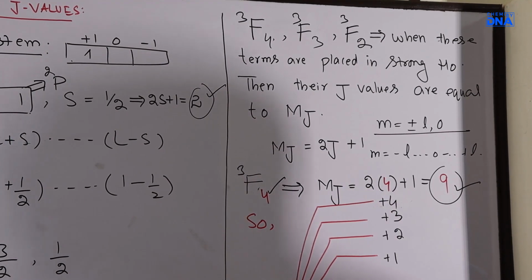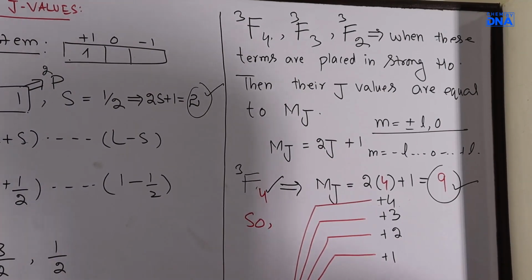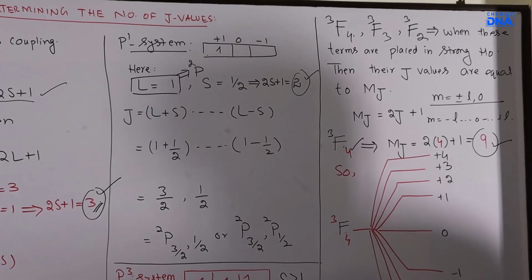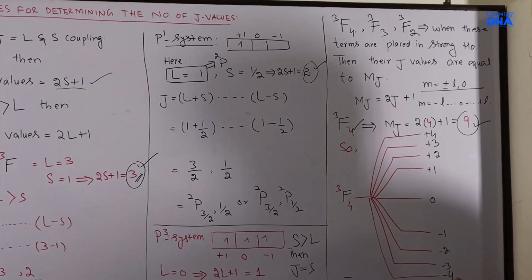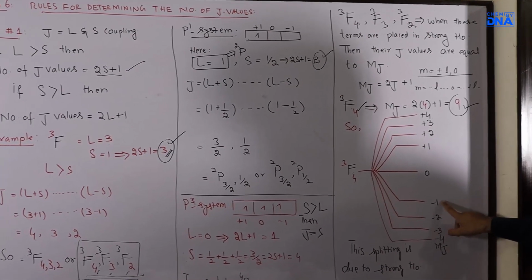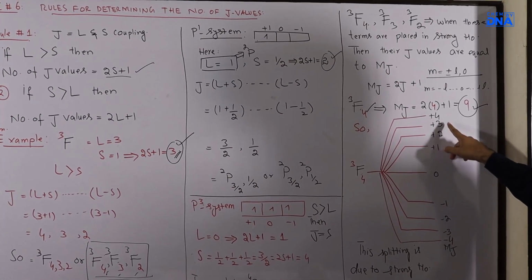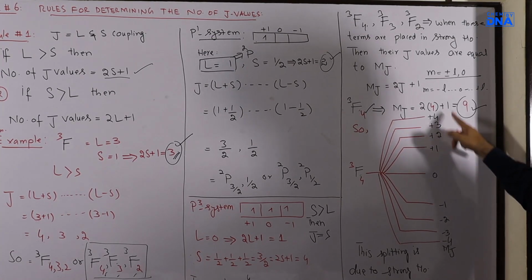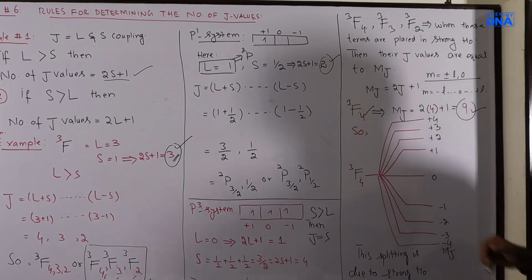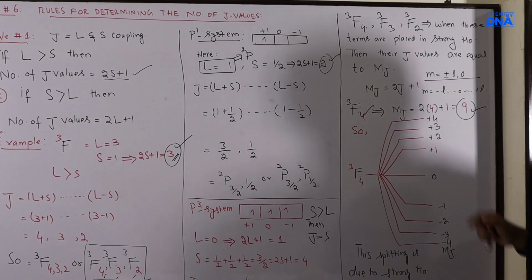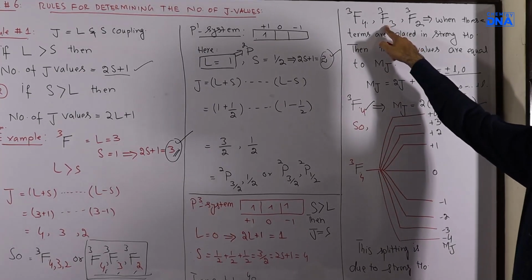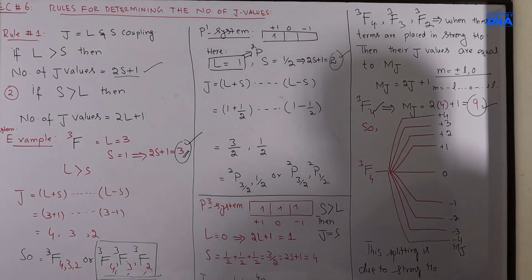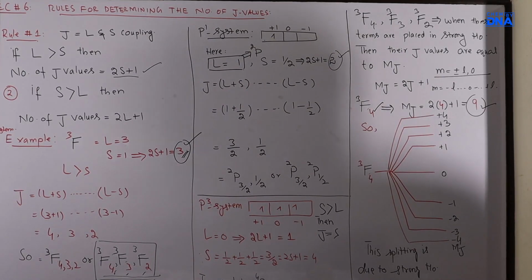These separated energy levels in this spectroscopic term are actually due to strong magnetic field. And you see over here that these 9 values can be placed as, the lowest energy level is minus 4, minus 3, minus 2, minus 1, 0, plus 1, plus 2, plus 3, plus 4, and in aggregate these are the total 9 energy levels. Now we will move towards F triplet 3, and we will see its splitting in the magnetic field. Now please note it down, and then we will move ahead.